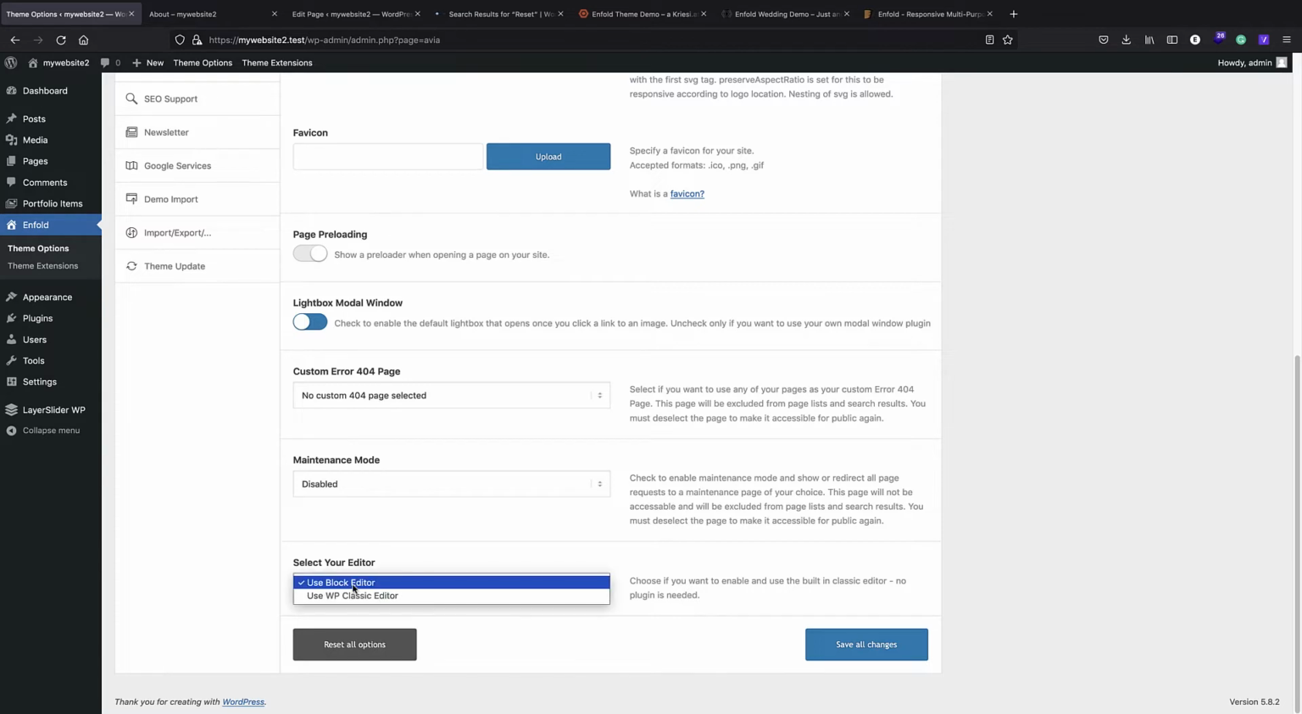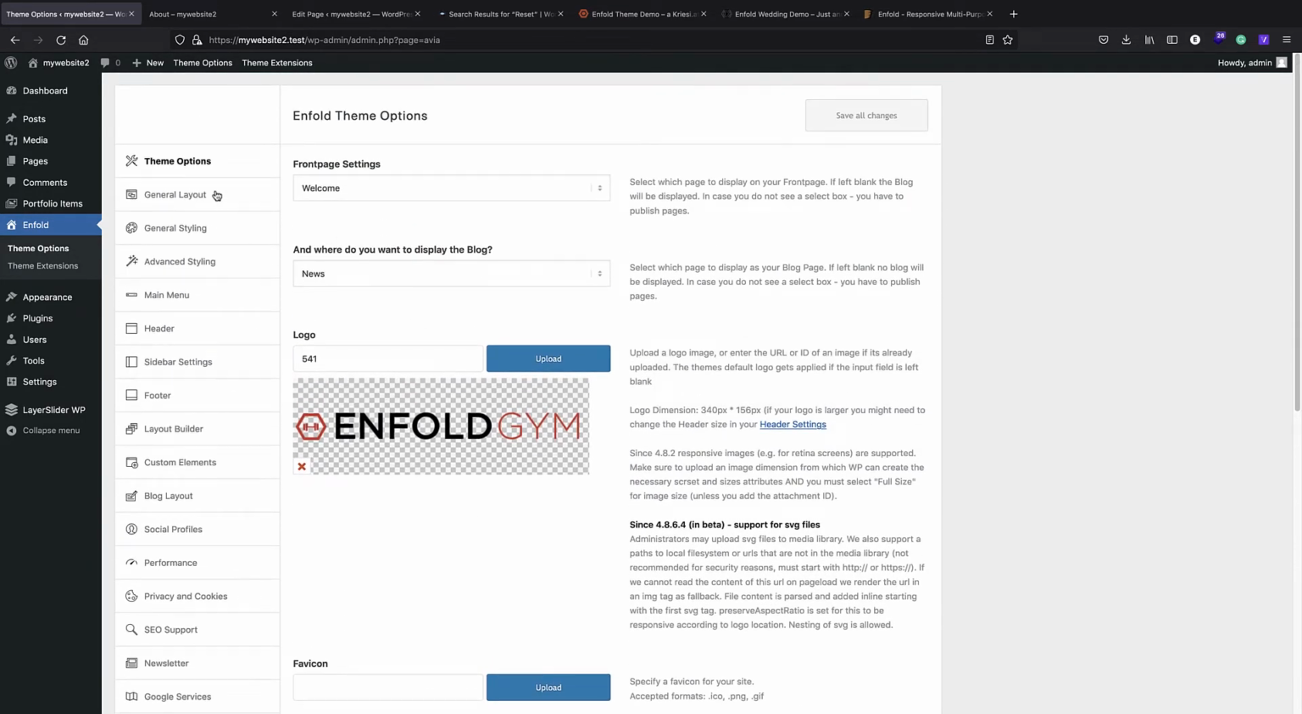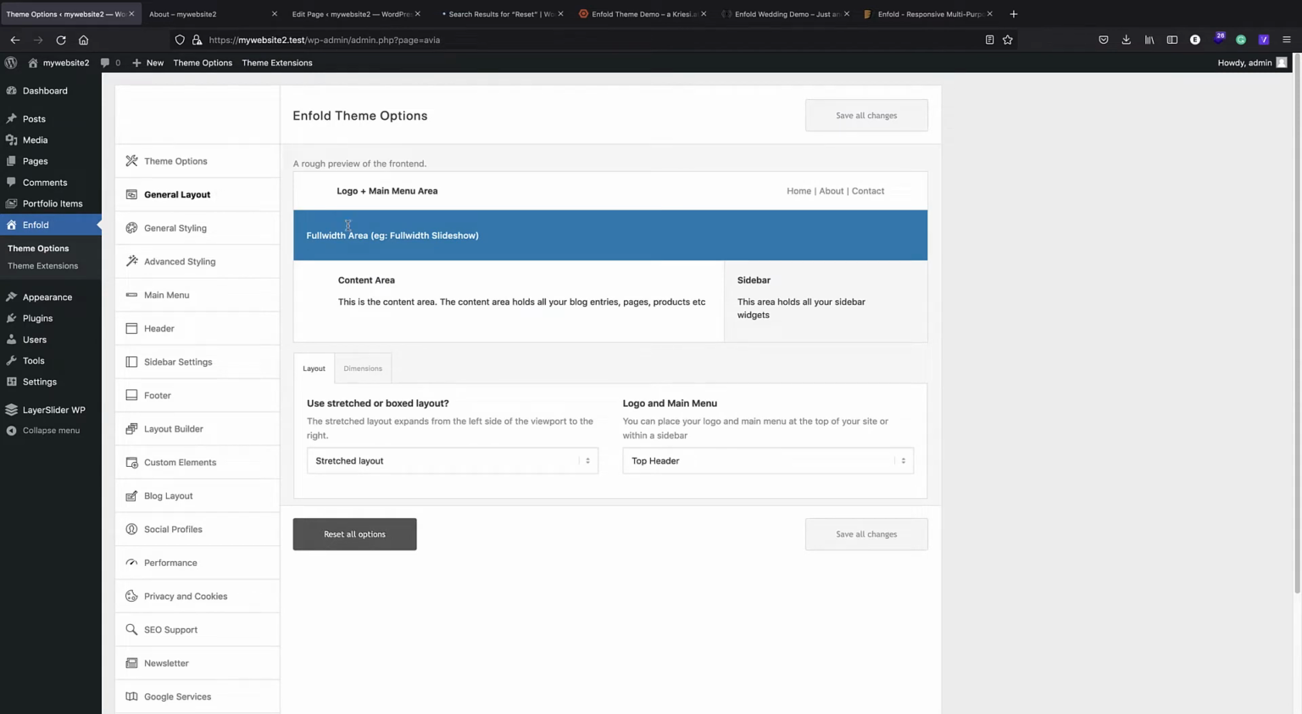You can also change your block editor to the legacy editor, the classic editor if you want, but by default it's going to use the block editor, or so-called Gutenberg editor. I'm just going to save all changes. And the next section is general layout. And here